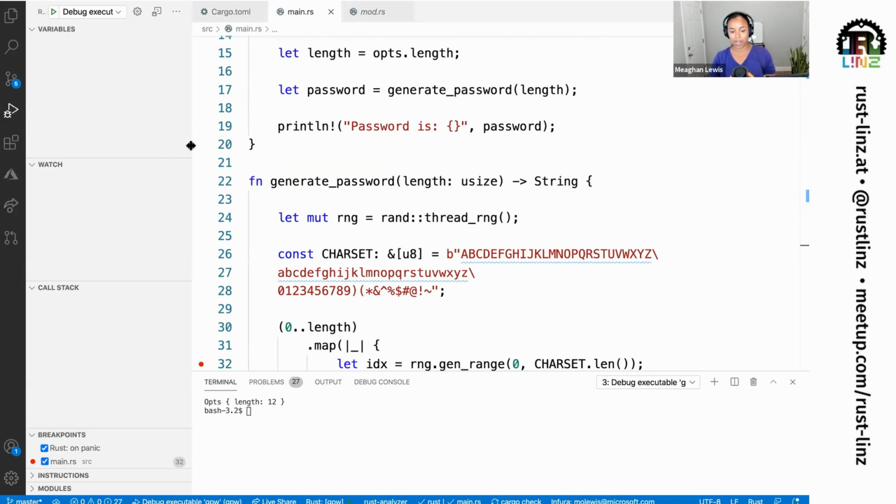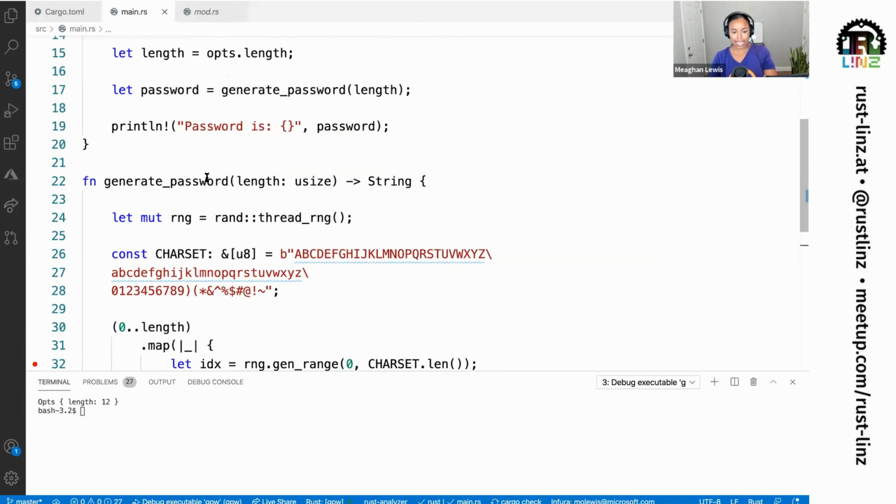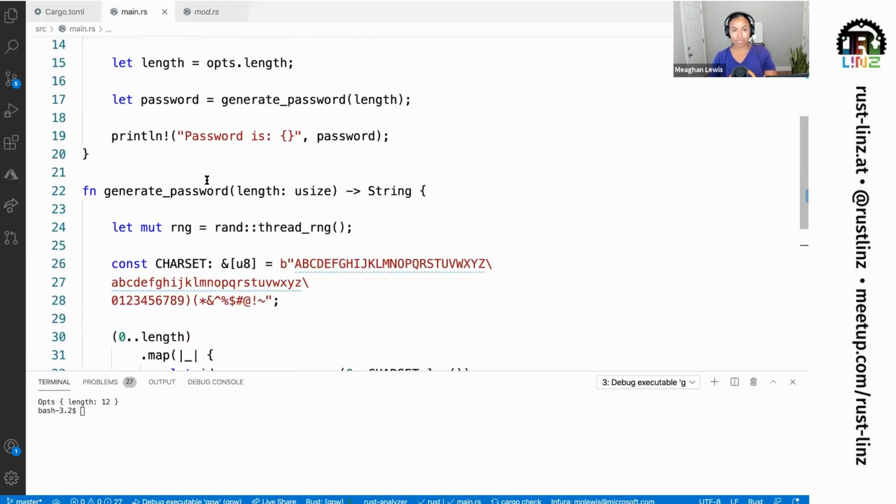I do want to move on and do a quick time check of testing. So let's go ahead and start with thinking about unit tests. Before I do that, there is actually something else that I want to do very quickly.